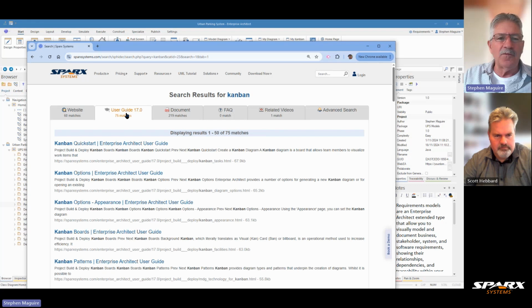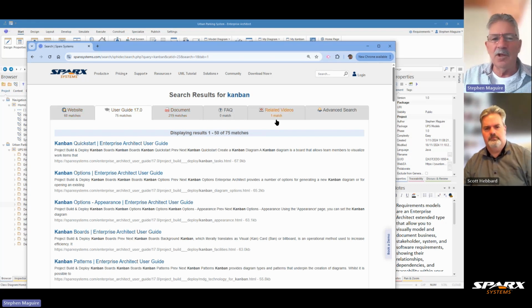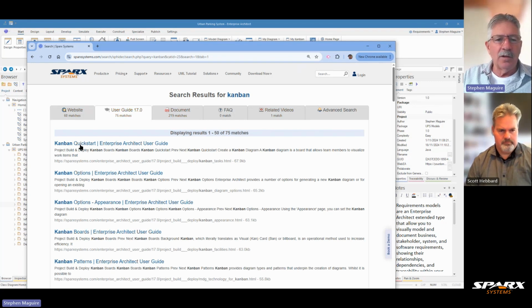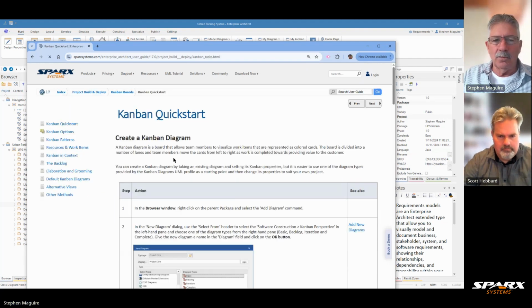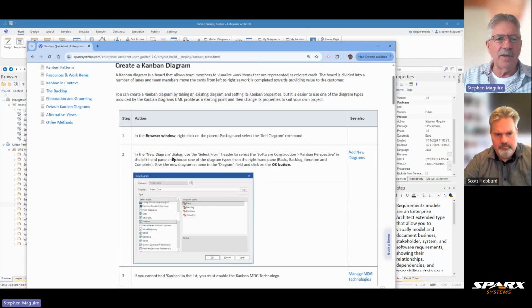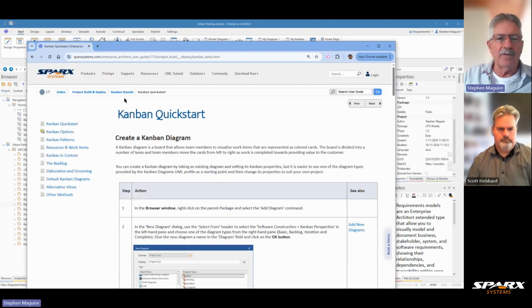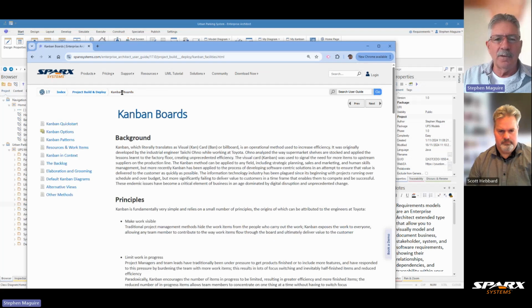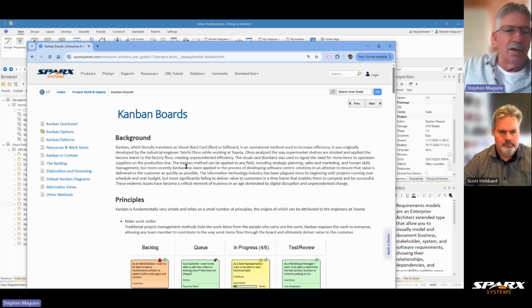And you can see this is the user guide. We've got website matches, documents, related videos. So a lot of information there. I want to look in the user guide and I'm going to look at Kanban Quick Start there. And we can have a look at that. That's the quick start there. I can go back to Kanban boards generally, and this gives me a bit of